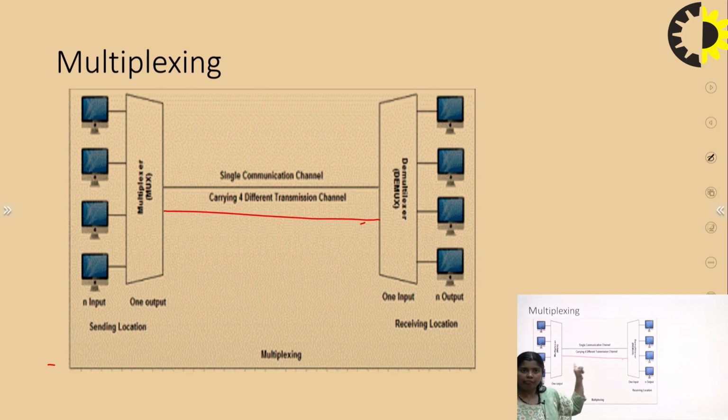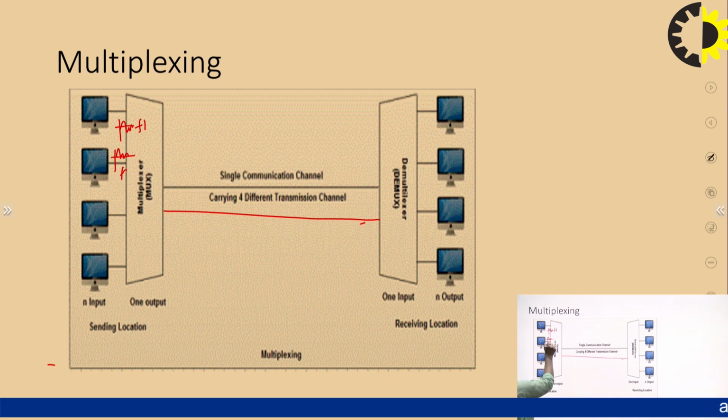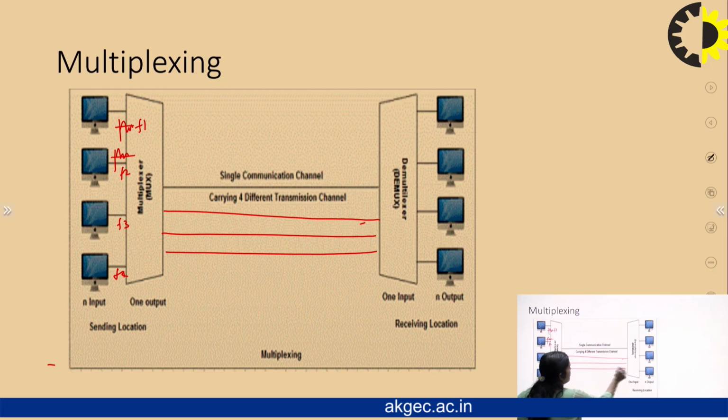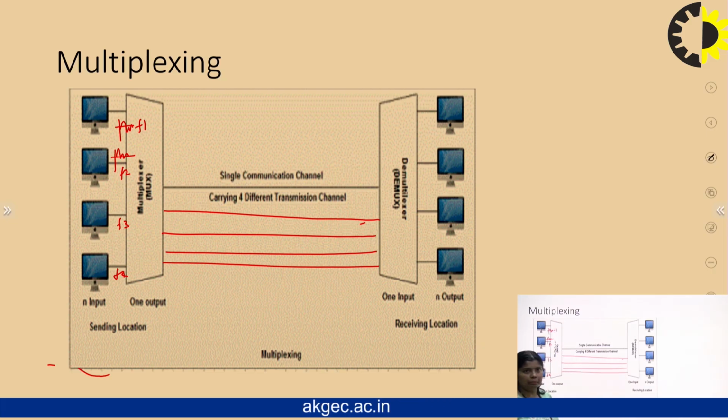Here, this is the physical link, a wired media, and a portion of this path or link is called the channel. Whenever we transmit, suppose there is a signal with frequency F1, and again another signal F2, then F3 and F4. In this multiplexing technique, there will be different channels over a single medium.